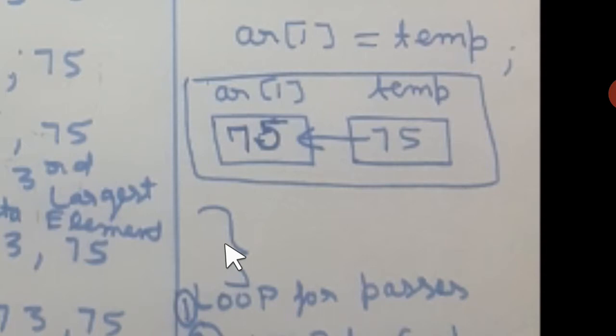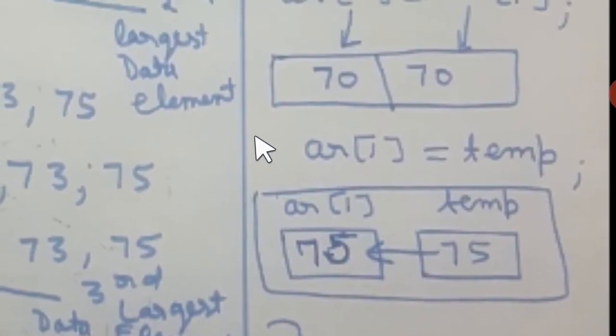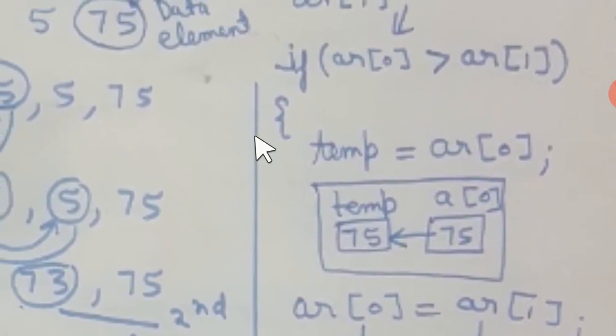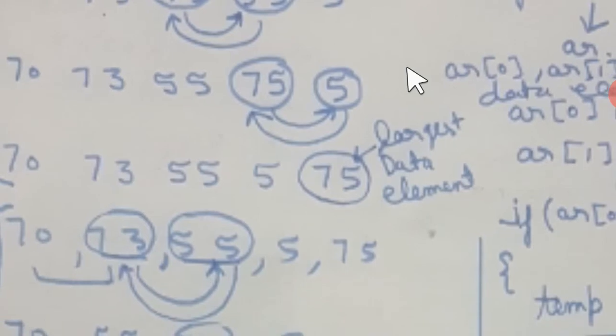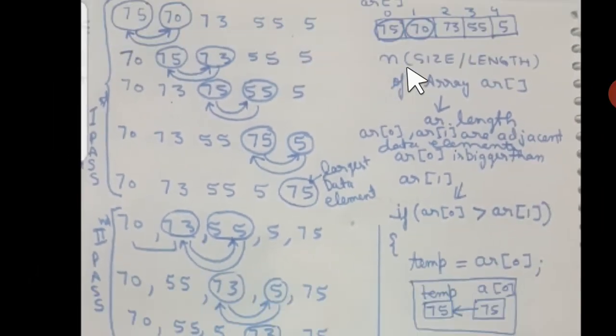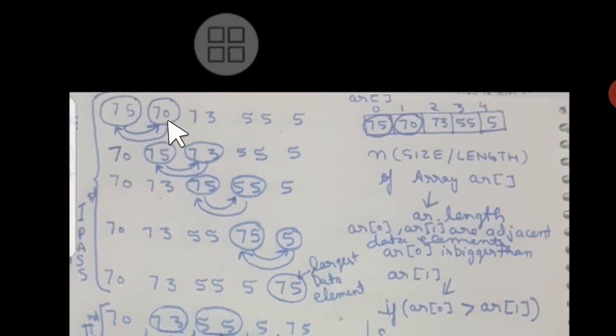So this is what you have to perform every time we perform the comparison. If the condition is true, then we have to perform the swapping. So the key idea was to perform comparison, and then if the condition is satisfied, we have to swap the data if they are in the wrong order. It is as it is given in the concept I just told you. Now how do we continue with this process?